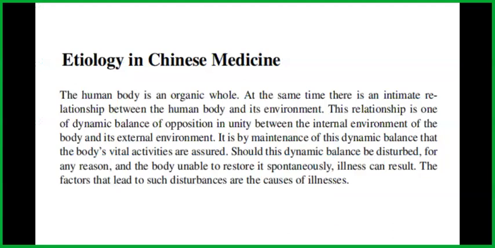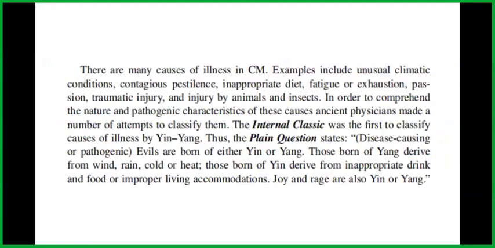Should this dynamic balance be disturbed for any reason and the body unable to restore it spontaneously, illness can result. The factors that lead to such disturbances are the cause of illnesses. There are many causes of illnesses in CM. Examples include unusual climatic conditions, contagious pestilence, inappropriate diet, fatigue or exhaustion, passion, traumatic injury, and injury by animals and insects. In order to comprehend the nature and pathogenic characteristics of these causes, ancient physicians made a number of attempts